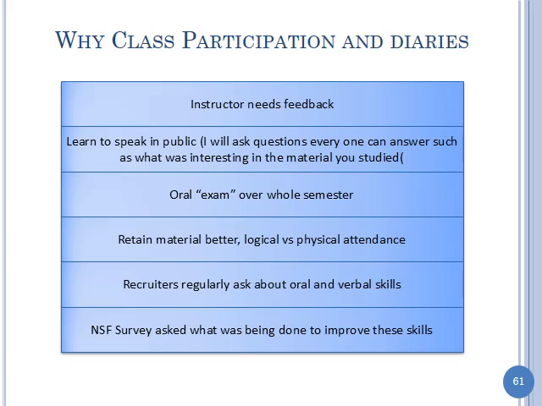So the question and answer part is important because I get to basically take an oral exam. And like I said, it doesn't matter whether your answer was wrong. At least I get to see how your mind was working, and you made your mind work. Okay. Retain material better. So you're not taking class notes necessarily, but at the end, if you can just summarize what you learned, then you'll remember perhaps better. And